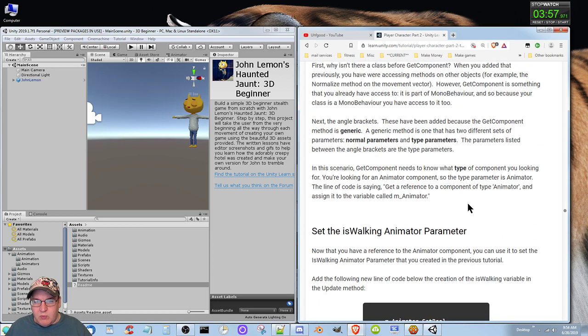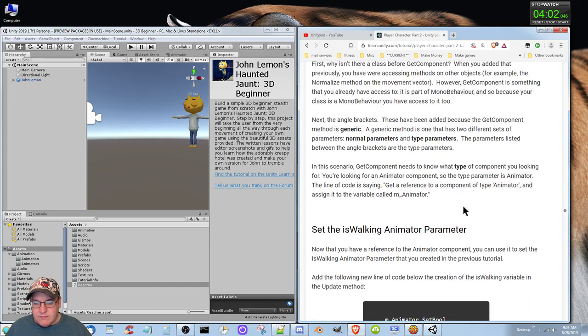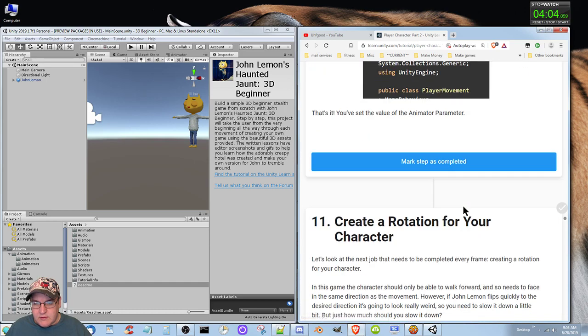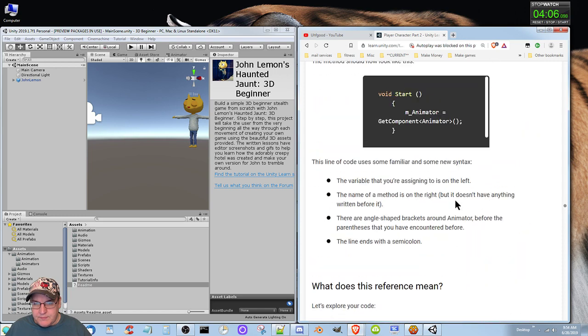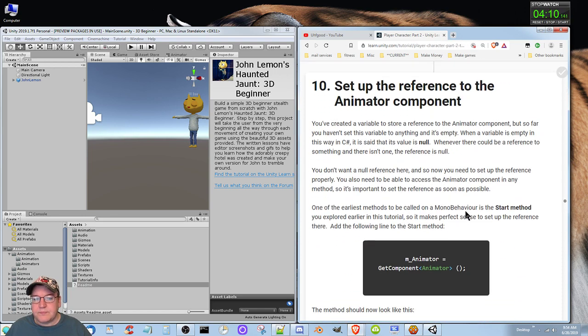So the part we were at, it's a good thing that this continues where I left off. Wait, let's go back up. So I was right about here, and then I could just hit continue, and so now we're back here.